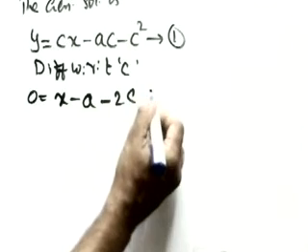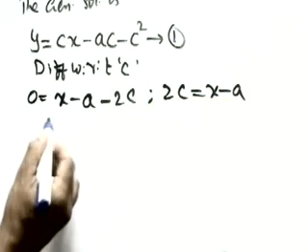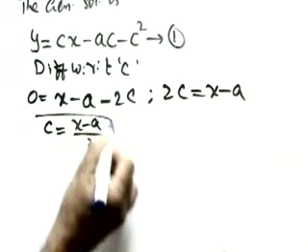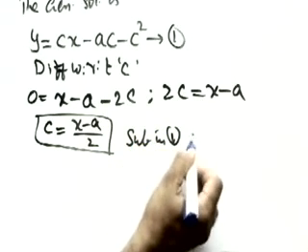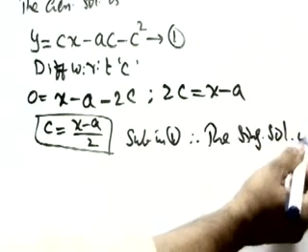Bring this minus 2c here, it will be plus 2c. So 2c will be x minus a. Bring 2 also there, so c equals (x minus a) by 2. Now let me substitute this in 1. Therefore the singular solution